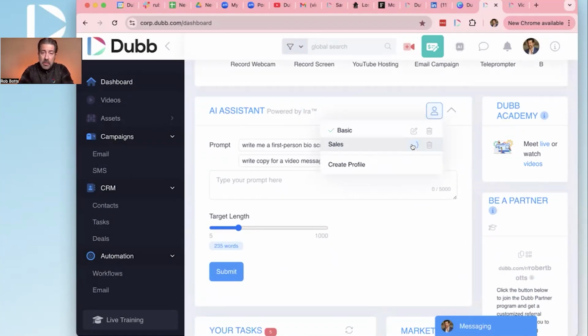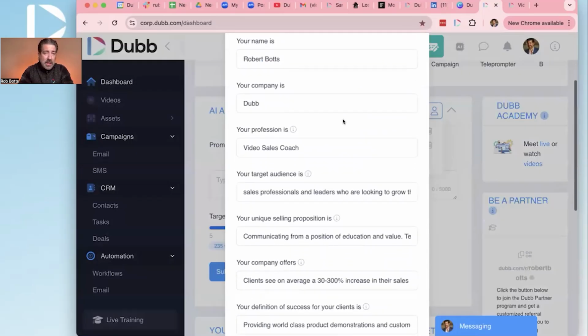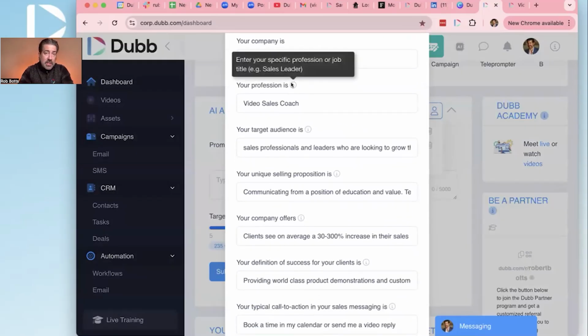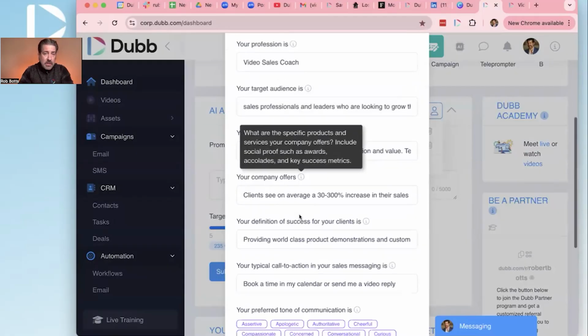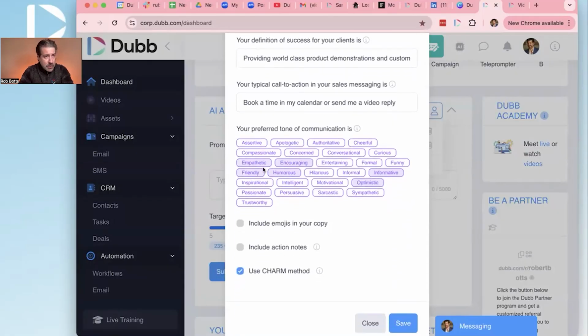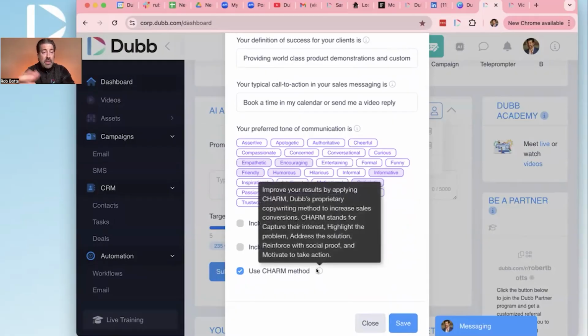When you create a profile, it's going to take you right in here and you can start answering these questions about you, what you do, and this specific outreach. So start answering them here. Choose your preferred tone of communication, because maybe the tone of communication is a little different between different segments of the audience. You can also use our CHARM method, which is the proprietary method we came up with for structure